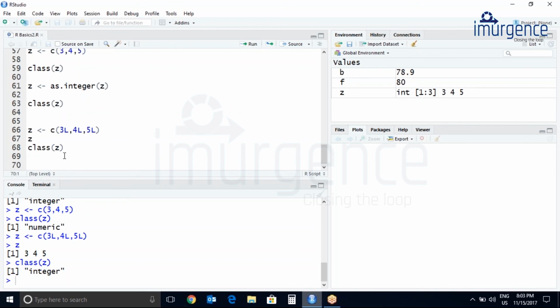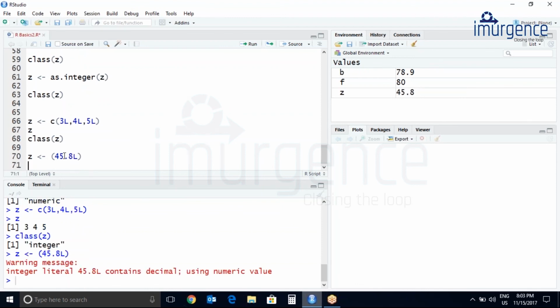Now let's try to assign a decimal value with adding L, and we'll see whether it will convert it into an integer or not. Yes, this has been executed, but I'm not getting any errors.